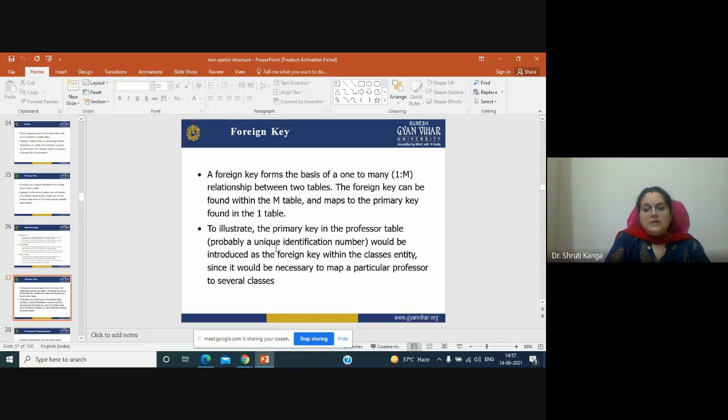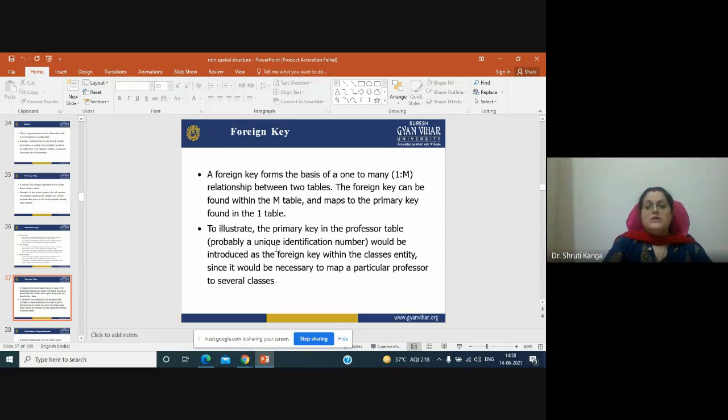Okay, for example, we have multiple tables. So if there is a one to many relationship between two tables, then we may need a foreign key. One can be called the primary key, the other can be called the foreign key.